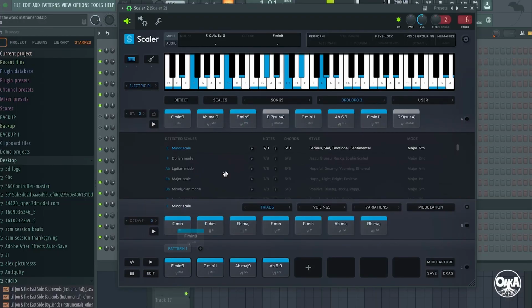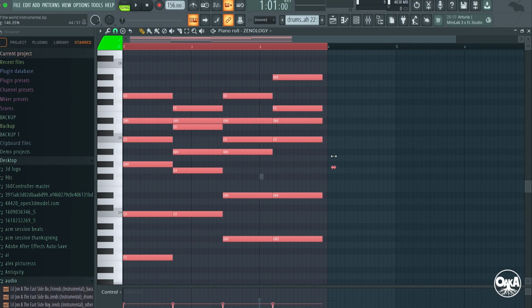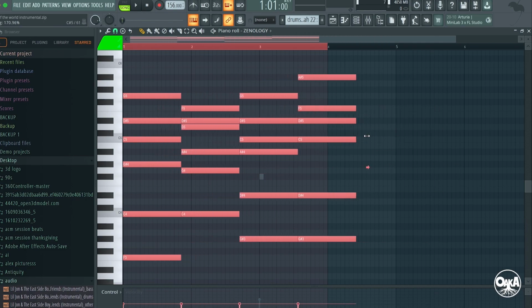and I dragged them to this pattern part and dragged it to one of my plugins called Xenology, which is a plugin made by Roland, and it has a lot of really good sounds, like old school sounds and new school sounds, but a lot of like 90s sounding stuff. And I ended up with these chords, and once I had the chords, I basically just extended the length. So after I rearranged the chords, I ended up with this, which is actually the main chords of F the World.